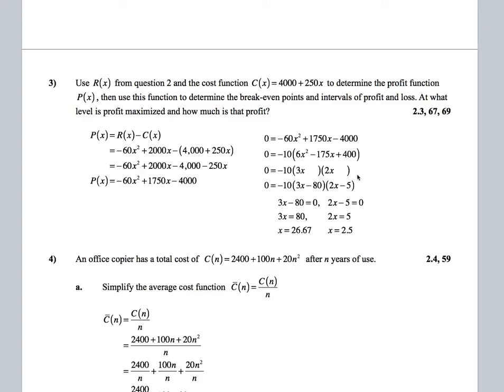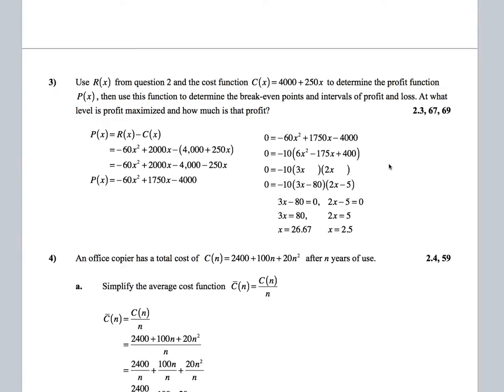Now, it also asks for the intervals of profit and loss, and that's going to be from 0 to 2.5 will be an interval of loss. Above 26.67, from 26.67 to infinity, will be an interval over which we will lose money. And from 2.5 to 26.67, there will be profit. I didn't write those answers out here, but if you have any questions about that,